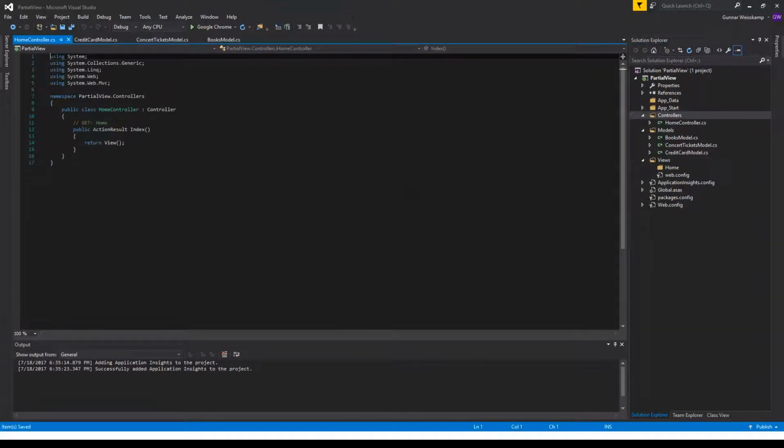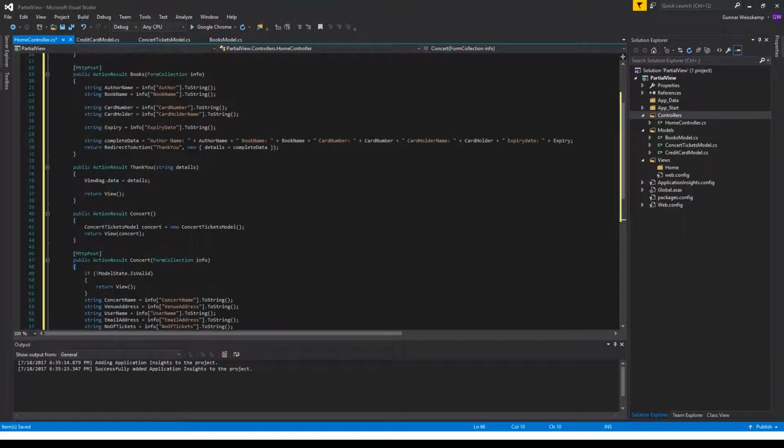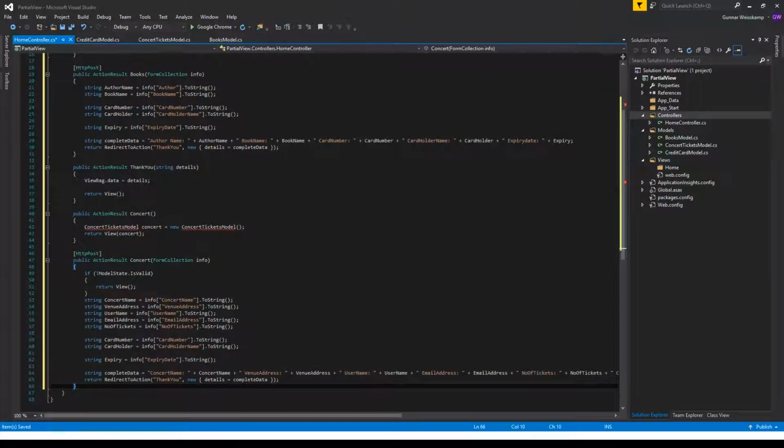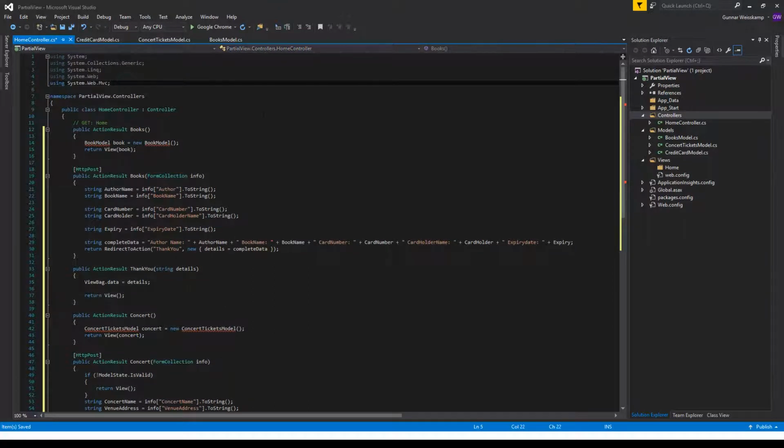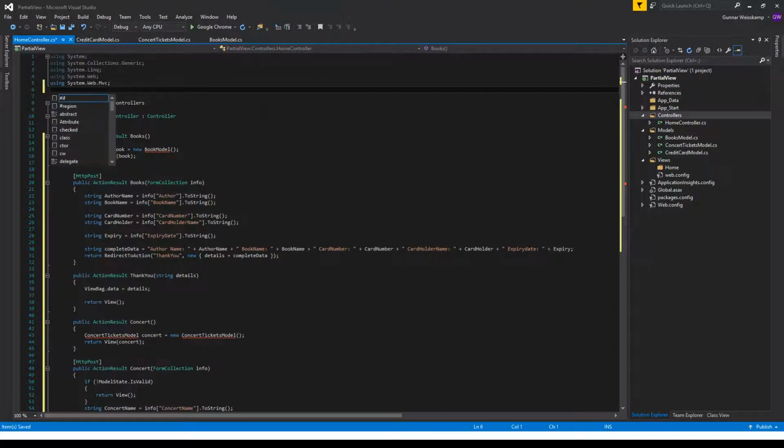Oh, I should have mentioned, possibly something new that I haven't done in a tutorial before is a specific little piece of code. It's called the form collection, and it's pretty useful, but we'll talk about that a little bit soon. It's very useful to pass information around. We've got to introduce the namespace. View models, so that calls in our book model,